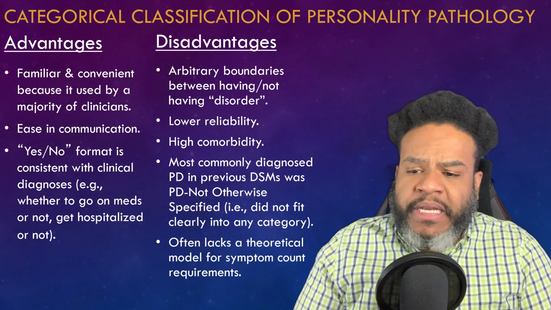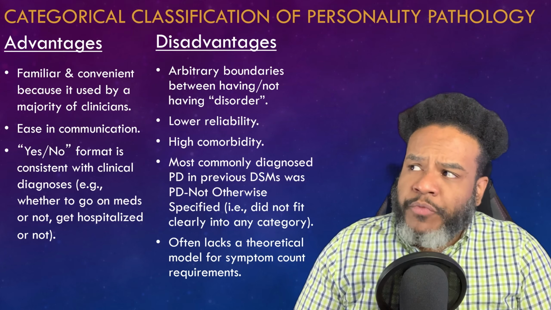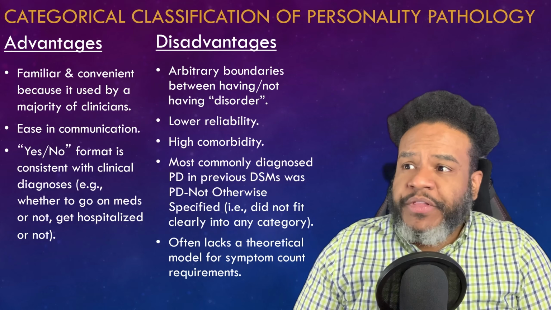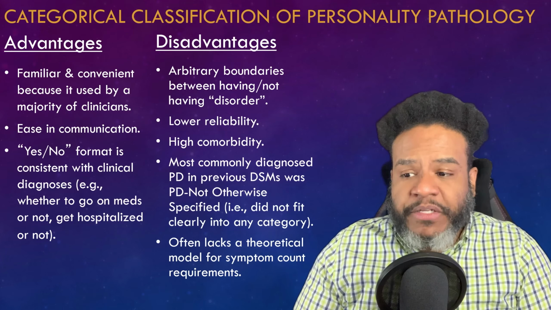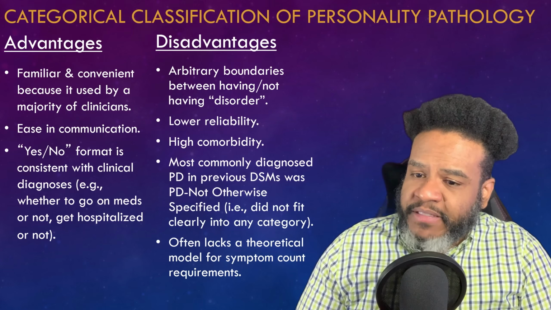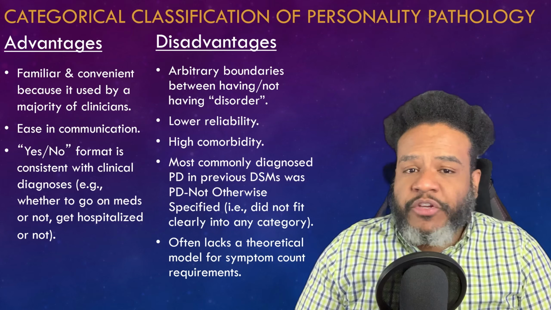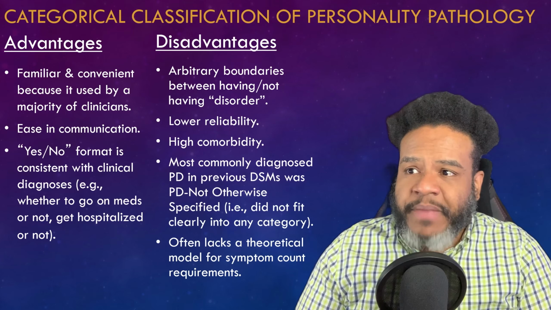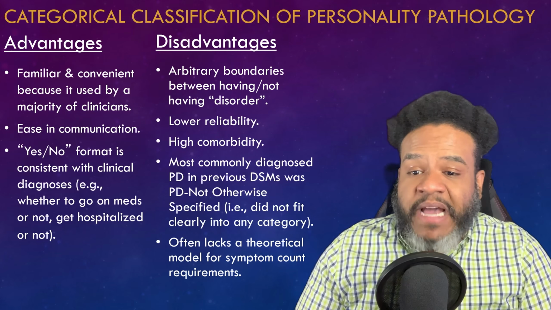So this is what we're looking at here for the DSM-5. This is what we use. We use the categorical classification for personality disorders. What this means is that we have a familiar system that everybody knows how to use. We have advantages and disadvantages. This can be something that you can train somebody on. It's a manualized treatment. It's easy to communicate the information back and forth because since we have these categories,